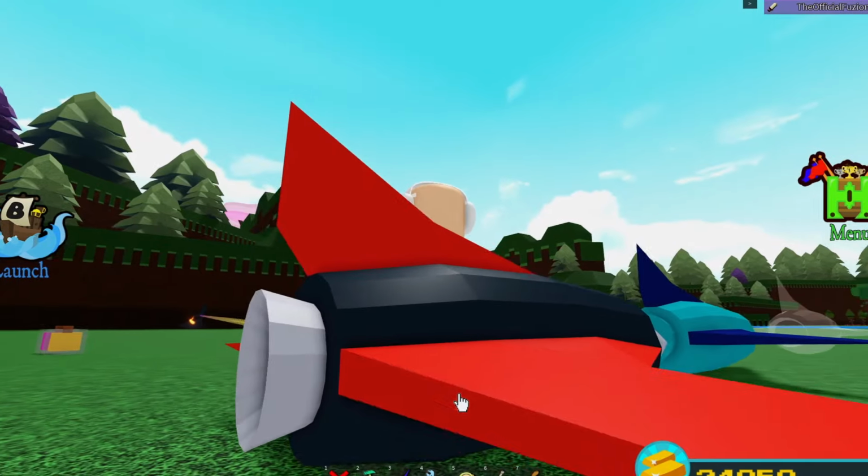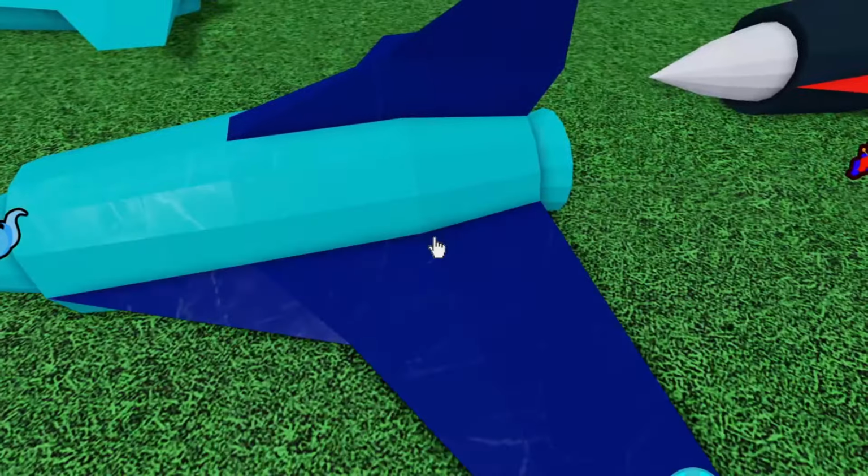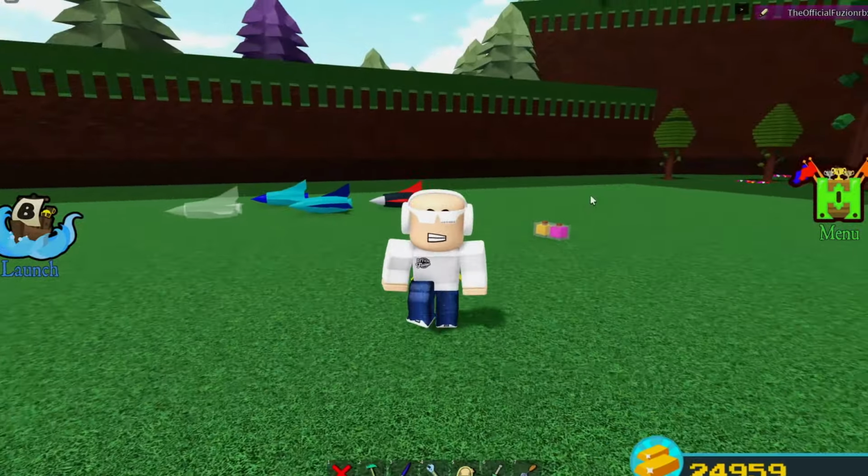So you can see this is the normal jet turbine. You can see how it's smooth. This one adds in that marble-like diamond texture to it. Really, really awesome. So there are so many different things you can do with jets inside of the game, but